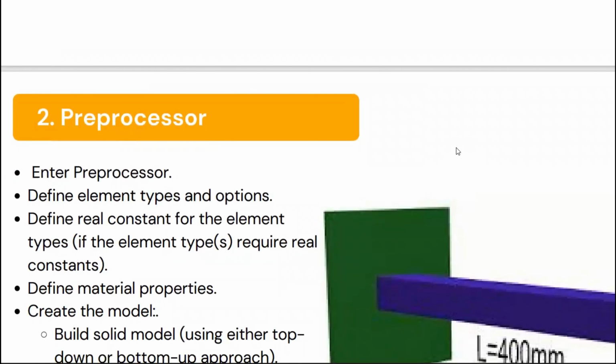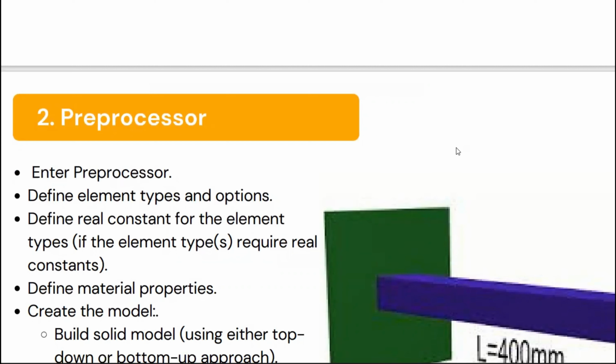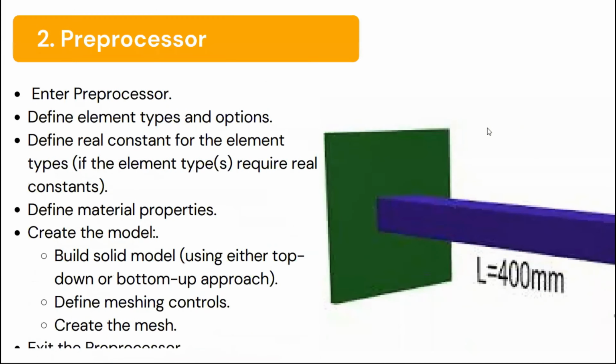Now move to the second step. The second step is that we have to define the problem in a more detailed fashion. What kind of element inside the body, what kind of real constants, properties like material properties, center of gravity, inertia properties, mass, density, volume. So what are the inputs inside the problem we have to define inside ANSYS with the help of the step 2 preprocessor. In this step we provide all kinds of information to our problem like material properties, element type, real constants values. Either you can build the solid model or you can import from some other software.